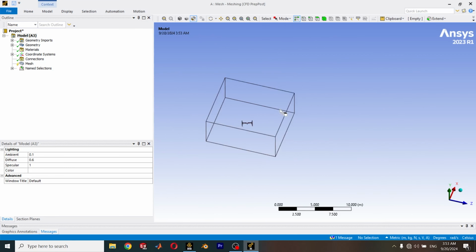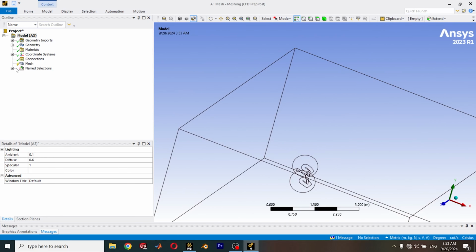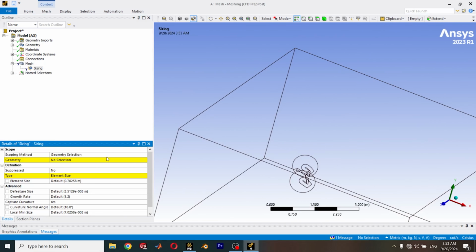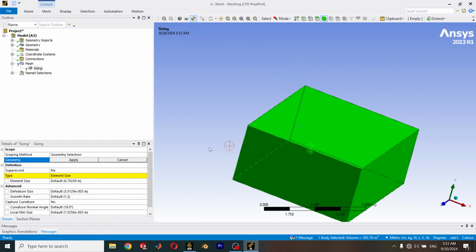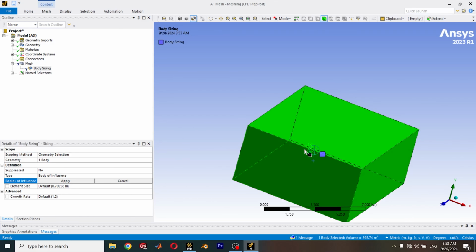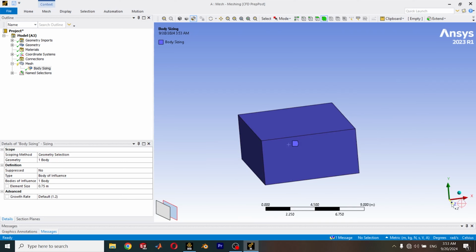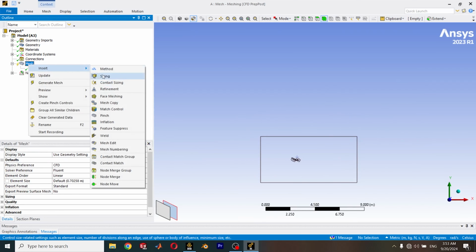Okay, we can start meshing. First of all, insert sizing, select here body and select your domain. We are going to make a body of influence. So this is our body of influence. Make it 0.75. Now insert another sizing,